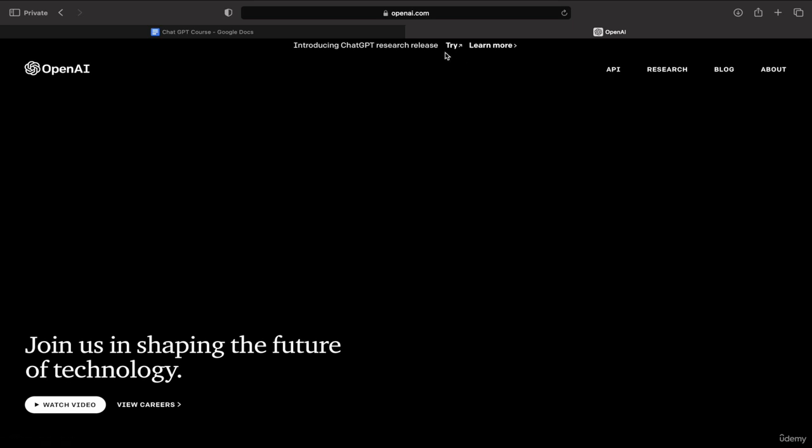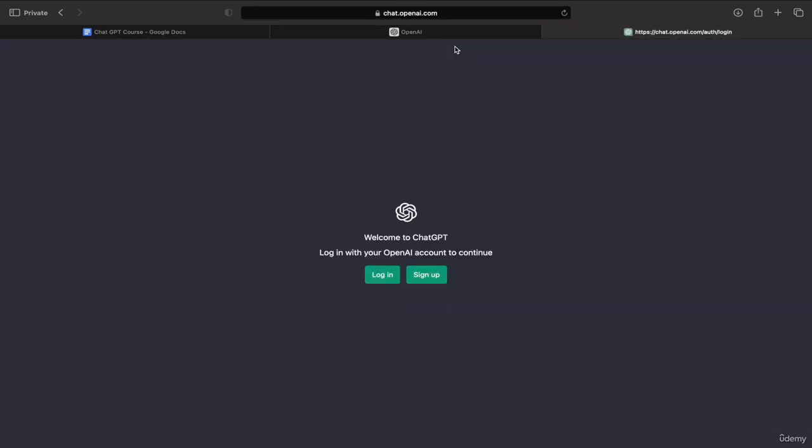But right up the top, what you'll find is this text introducing ChatGPT. Now, of course, they're going to put it right at the top because that's what everyone's looking for. If we click on try, it's going to open up a tab with ChatGPT. I'm going to start from scratch, have no account, and show you exactly how you can get started and set up your account. So what you want to do is click sign up,